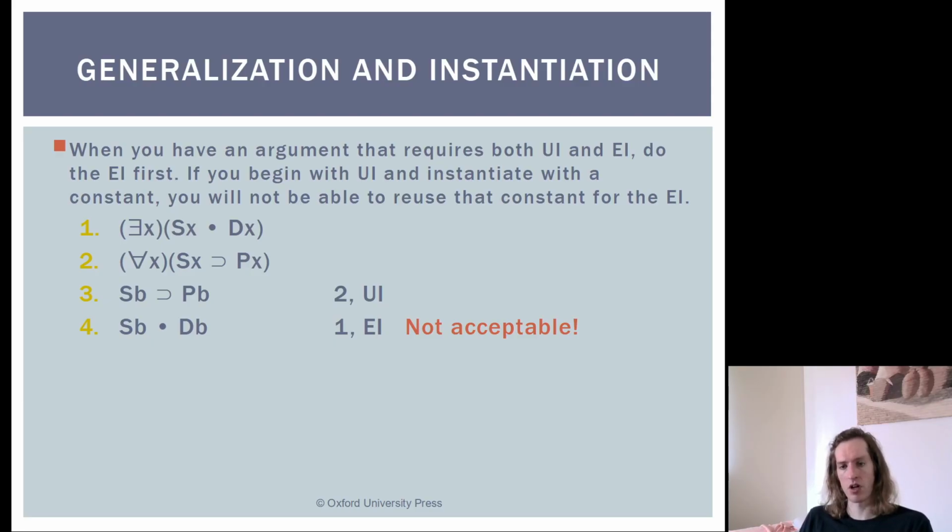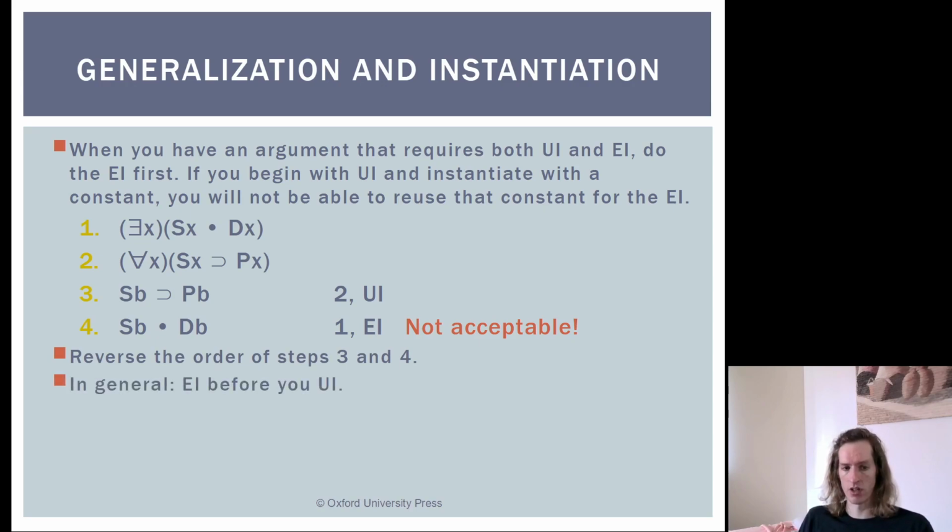instantiate with the same constant after that, because we have to use a new constant every time we existentially instantiate. However, that's not a restriction for universal instantiation. So if we existentially instantiate first, we get Sb and Db. Then we can universally instantiate: if Sb, then Pb. That works perfectly fine. Now this is going to seem really pedantic, but it's important to be careful about the